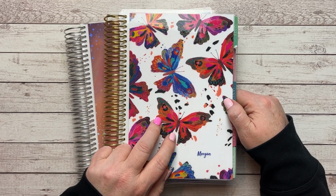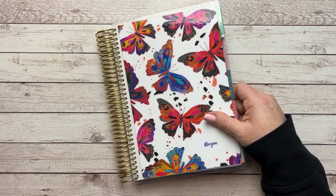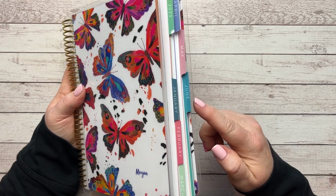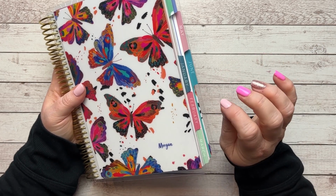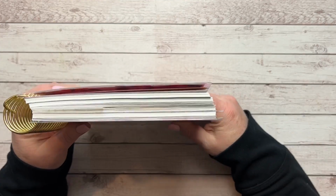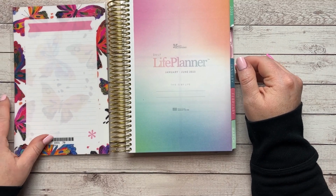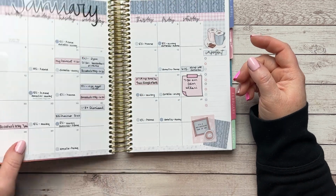So let's go ahead and go over the Daily Duo real quick, and I'll show you how I've been using that. So this is for 2023. So you've got January through December. Well, okay, it comes in two separate planners, right? You get January through June in one, and then July through December in the other, because it's a daily planner, so it's a ton of pages, and they're very thick. So this one is the first half of the year, and I decided I was going to go and